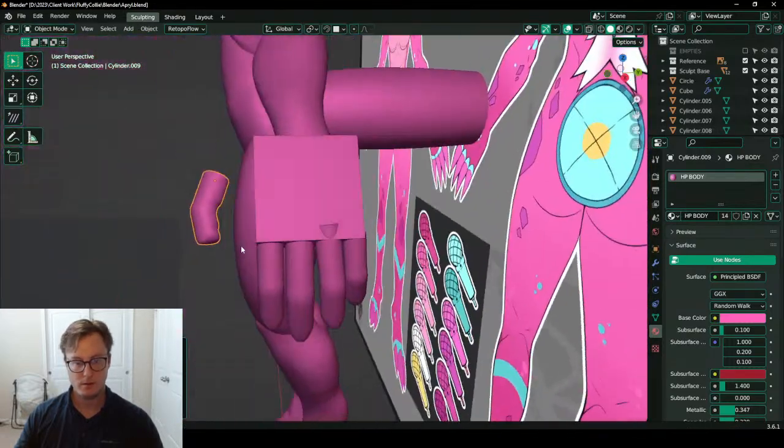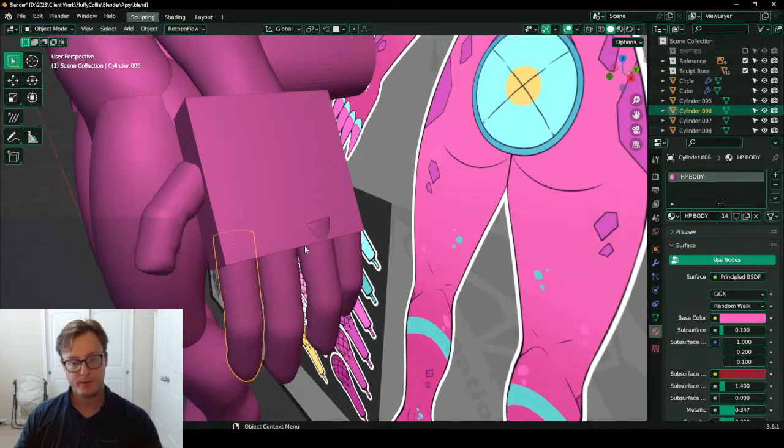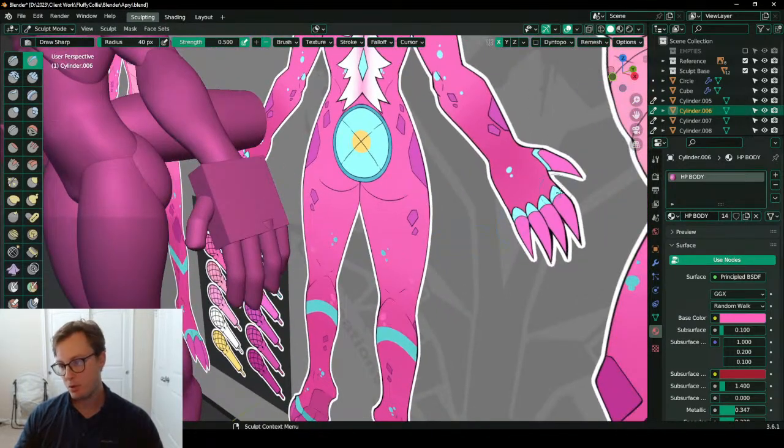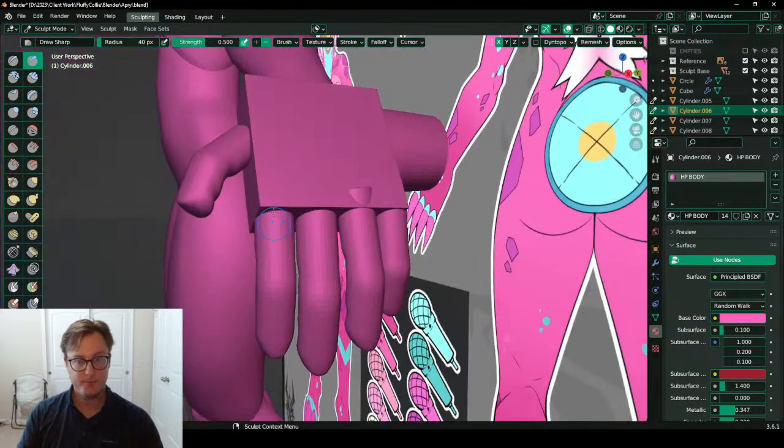Hey, come on. Get on there. Okay. So she's got these pointed, kind of segmented claws. That's what we want.